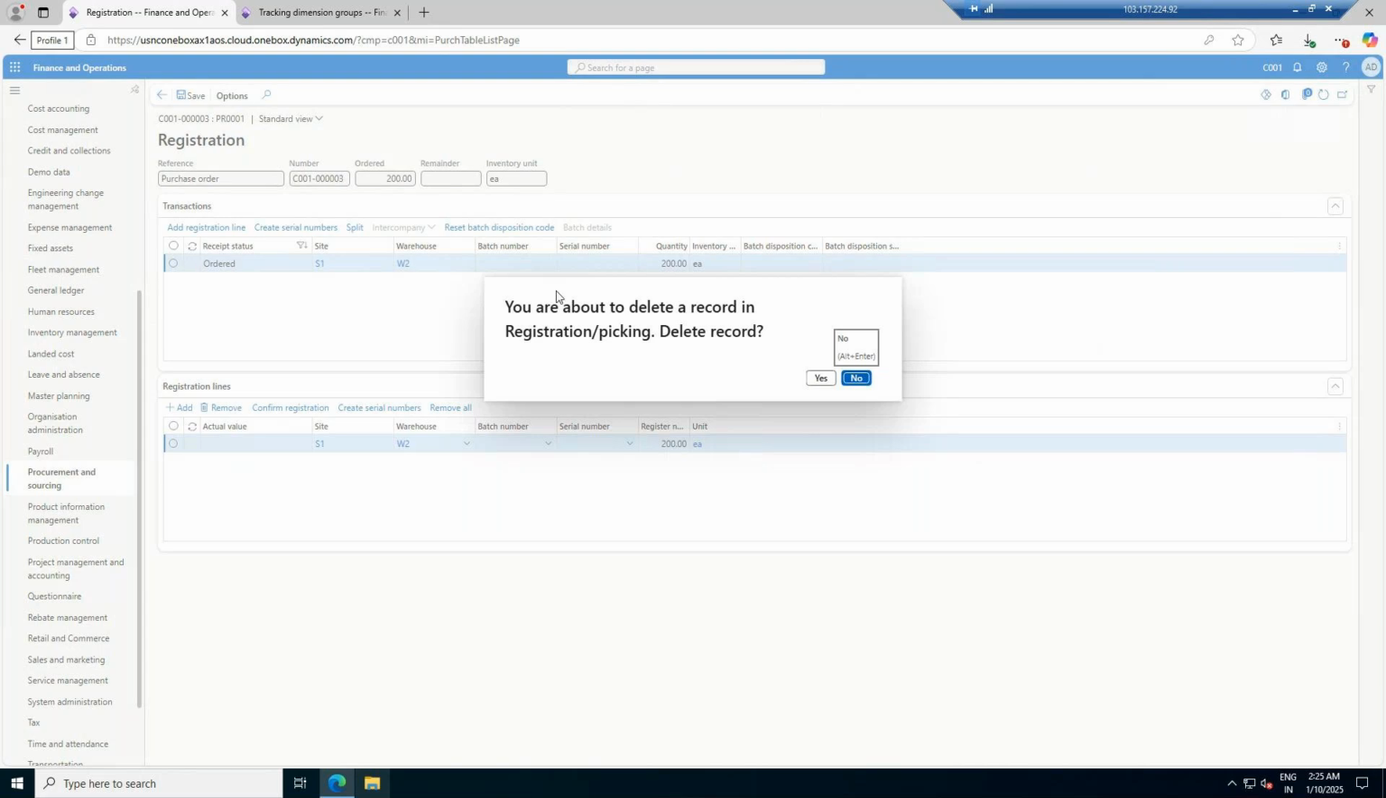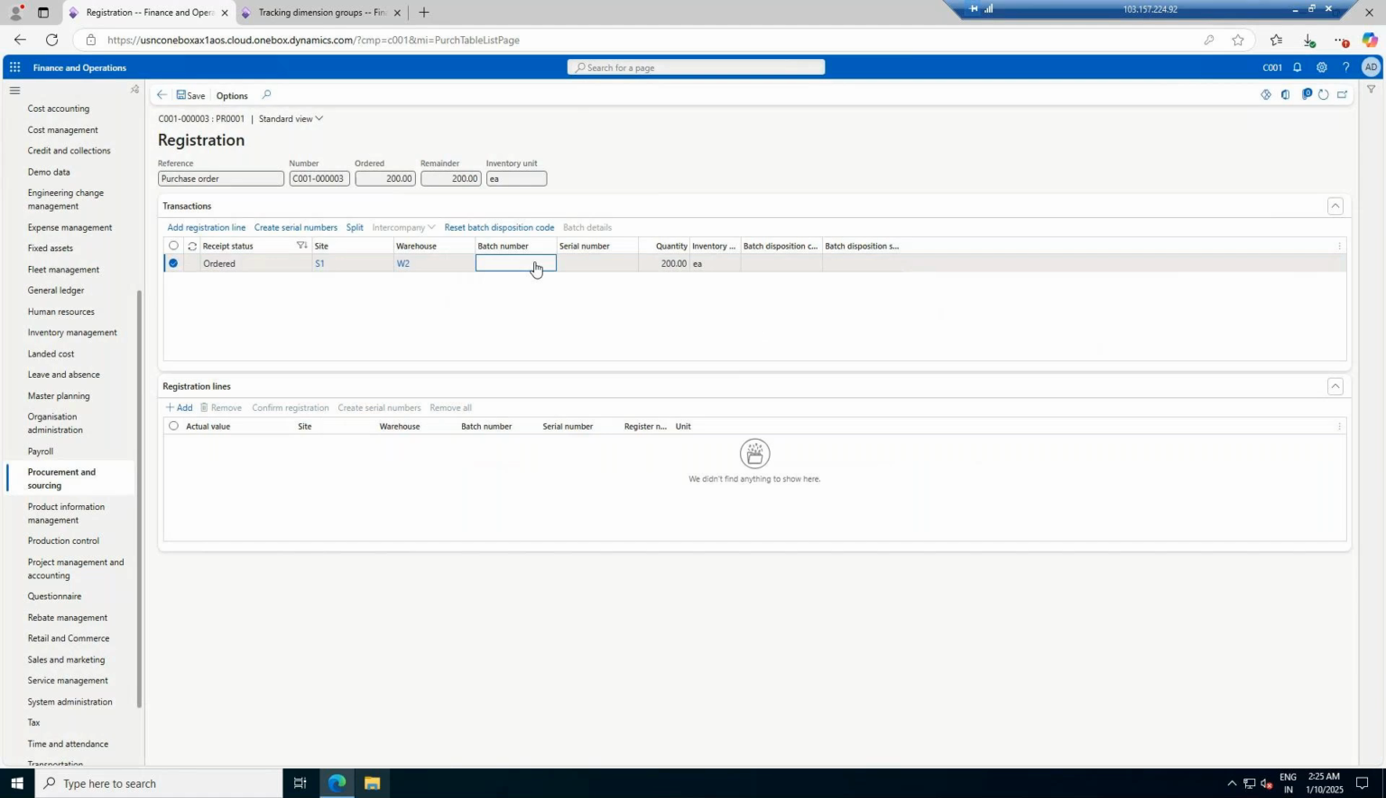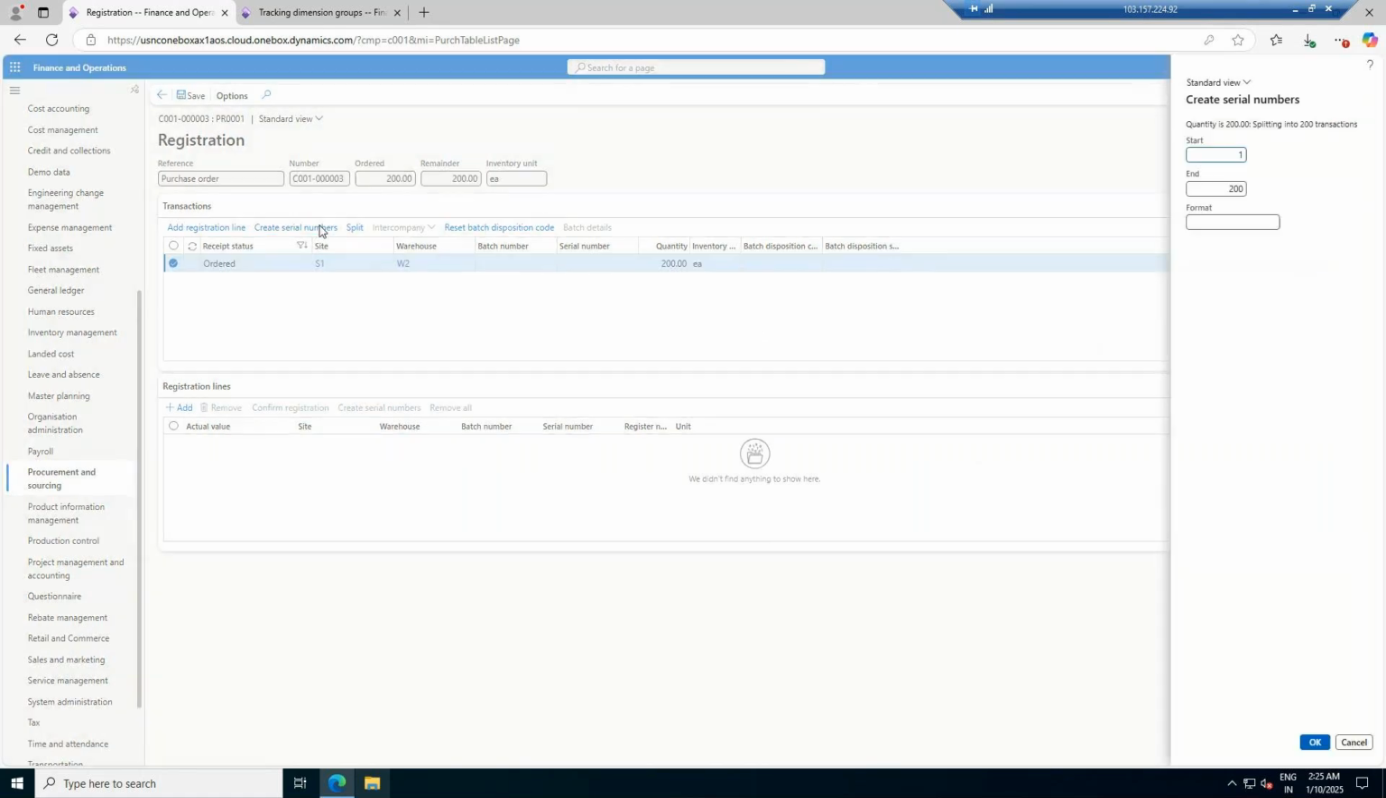So you are about to delete a record? Yes, I want to delete a record. Here only I will give the batch number and serial number, if I am allowed to. Create the serial number over here only, and format the serial number. The serial number format is SR hyphen 2025, then Jan,